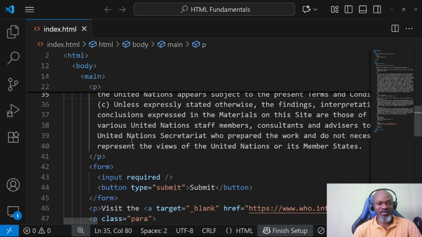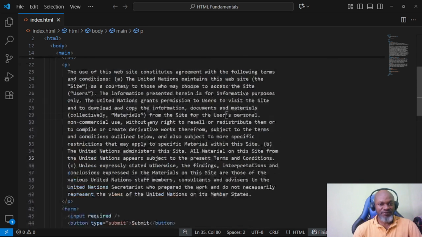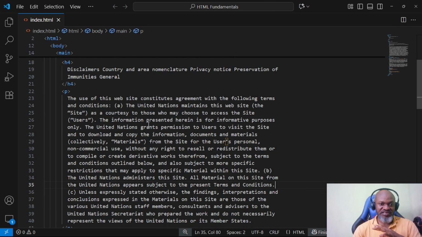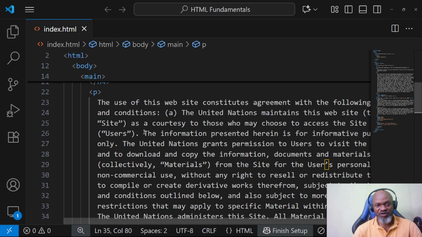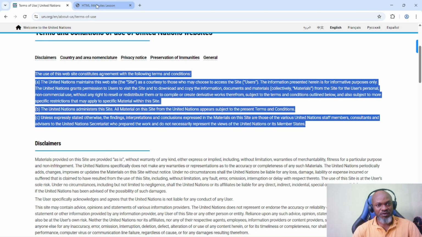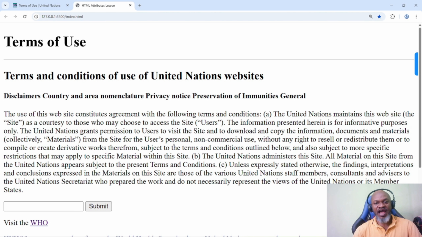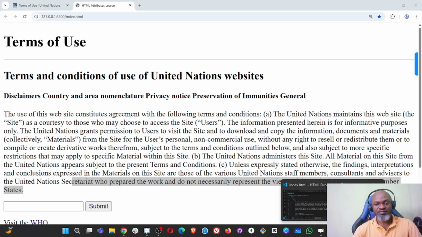Remember, I just reduced the zoom level of this so that you can see it very well. But if I make it normal, you can see the way it has formatted it. But I'm going to increase it so that you should be able to see what I am doing correctly and learn from there. Okay, so I go back to the web page that we're building, which is this one, and you can see we have a paragraph here. Automatically, it has added a space here, and if I have another thing down here, you will see another space because this is a paragraph, right? So I go back right there,